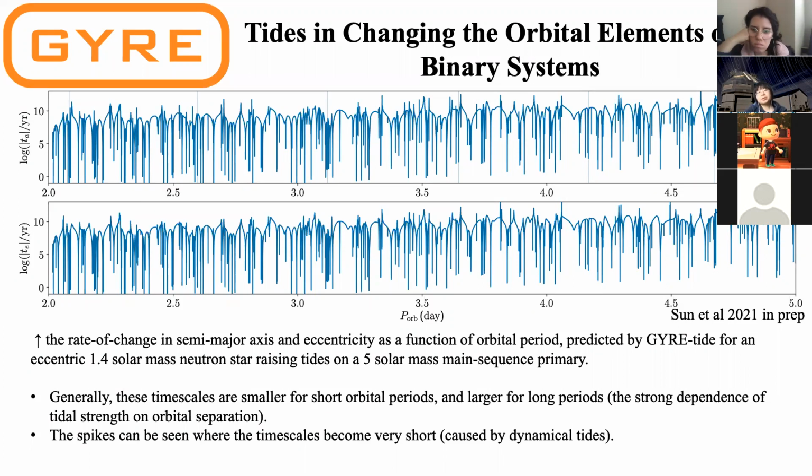However, we can still see many spikes where the time scale becomes very short. Those correspond to high amplitude dynamical tides arising from resonance with the primary star's dense forest of standing gravity waves. One additional point I would like to mention is that for making this plot, I just ran GYRE-tides